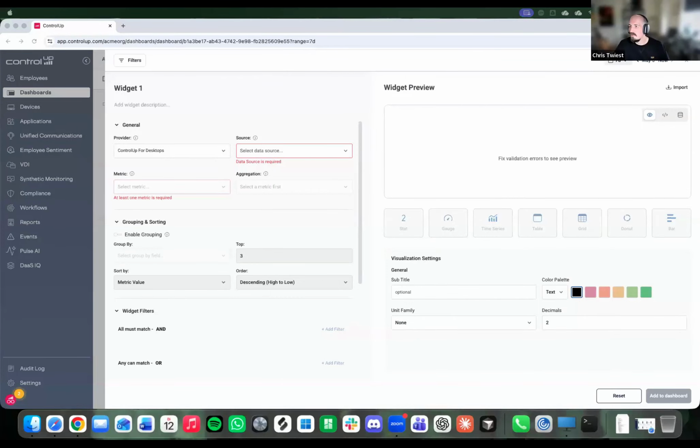Hi everyone, Chris here. Most of you probably know me. I work at ControlUp as Solution Innovation Manager, and I helped set up ControlUp for Dashboards.